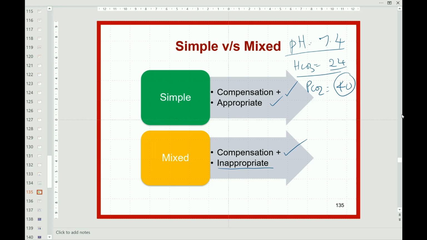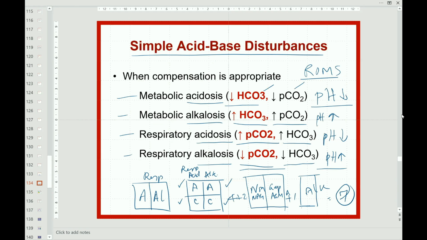You have to keep them in mind as the normal values. And on that basis only we will work out whether there is a deviation in the bicarbonate and in the carbon dioxide concentration PCO2 commensurate to the change in the pH. If it is commensurate to the change, then we know it is compensated and well compensated. It is a simple change. So we need to observe the variables along with the pH.